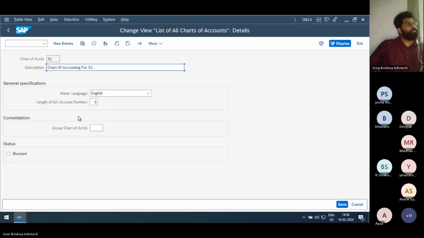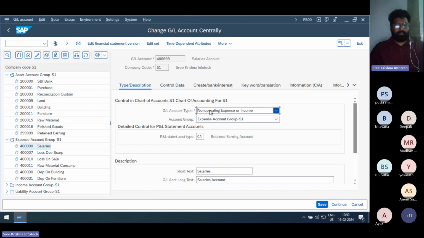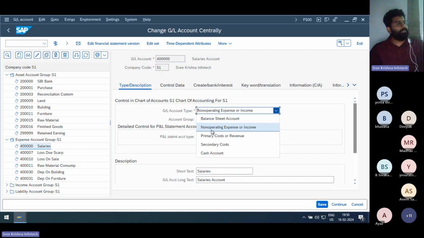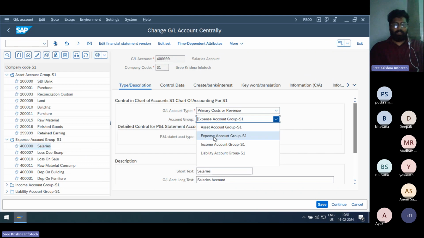There is no such option there. This option is reflected in FS00 and it is the variation. So whenever you select non-operative expense or income, the system is reflecting it as manual creation of cost element. It is called manual. Whenever you create a ledger that is relevant to expenses or income, that ledger is going to impact SAP FI. Whenever you select primary cost element accounting, you are giving approval to controlling. Look here, whenever I have selected